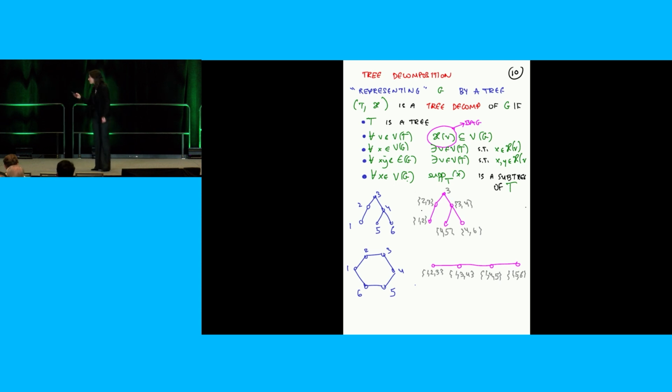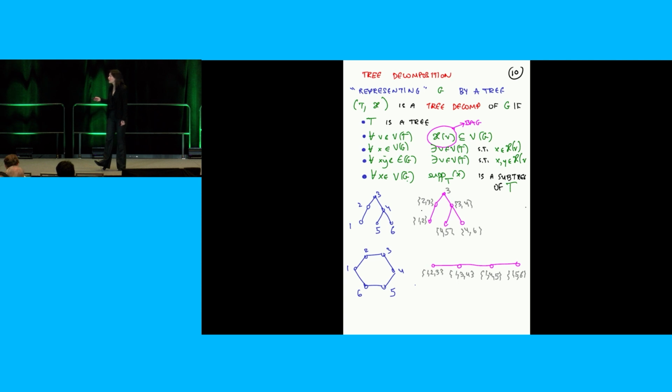OK. So now let's do this graph on the bottom. That's a cycle. So the way I'm going to build a tree decomposition for this cycle, I'm going to first delete the vertex 1, and I'm going to notice that it's a tree. And I'm going to use what we developed here to build a tree decomposition for that. And you can see that if you forget 1, then this is very similar to what we did there, not exactly the same.